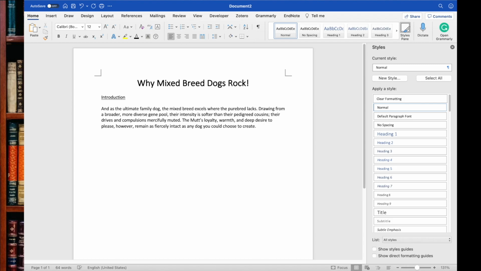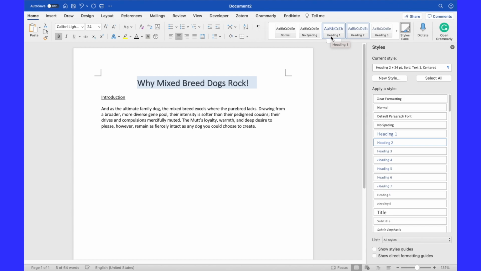Now what I could do as I'm creating this document is start with this title. Now I know it's a title, but the screen reader does not know it's a title. The way to have it recognized as a title is by choosing heading level 1. I recommend choosing heading level 1 over the title option. It's just easier, but that can also work. But for most people, I think they'll tell you heading level 1 is the way to go. So if you control click or right click if you're on a PC, you can choose update heading to match selection, and now this is known as a heading level 1.